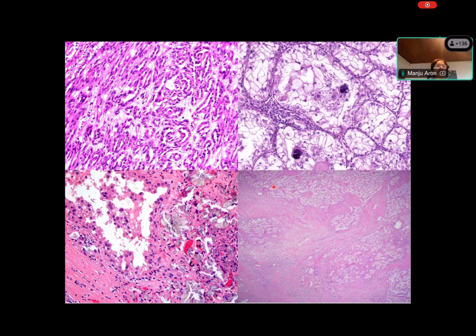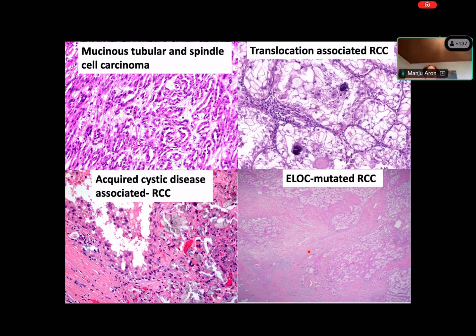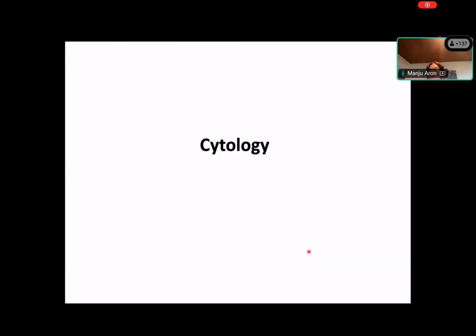And again, now we're looking at the background, and you can see here the presence of a mucinous background. Tumor is tubular and has a mucinous background. Here you can see the presence of psammoma bodies. Here you can see some crystals that you can identify. And this is again the presence of smooth muscle stroma in the background. And these are all the different kinds of tumors. So the evaluation of all these components is important.